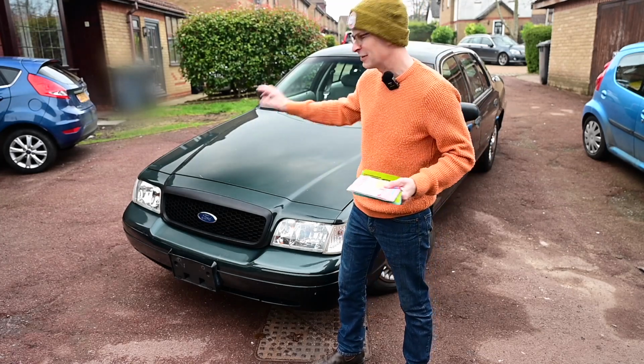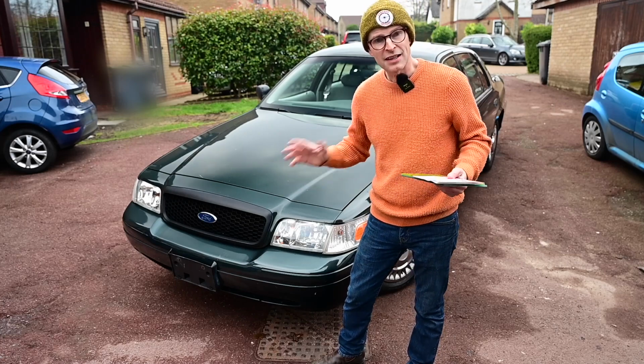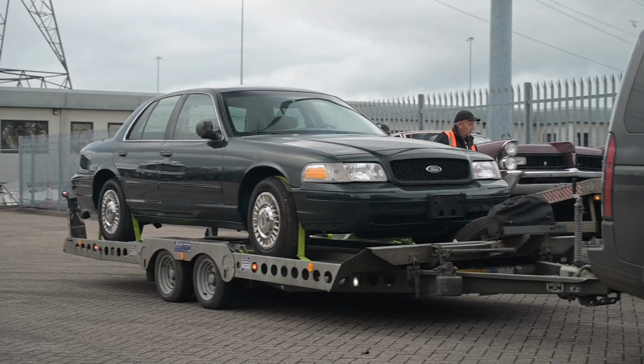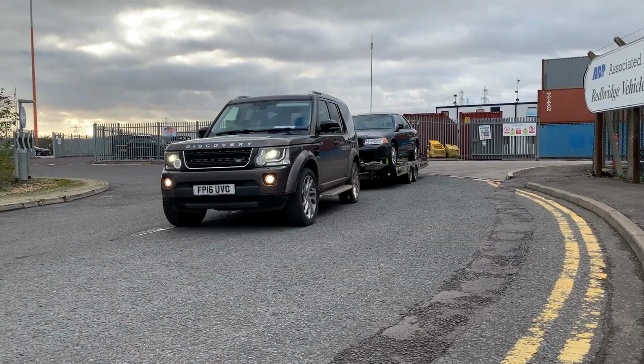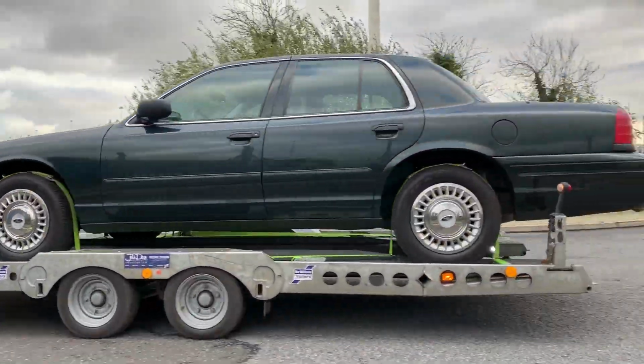Now, as it turned out, I did have a binding brake caliper, which has come back again. So I'm glad I didn't in the end, but I had to go and find someone with a big enough trailer and a heavy enough towing capacity. So I got hold of Archer Automotive, who dragged the thing back for me, and that was an exciting day, best day at work ever. And yeah, got it home, sorted out the lights, the indicators, the fog lights, got it